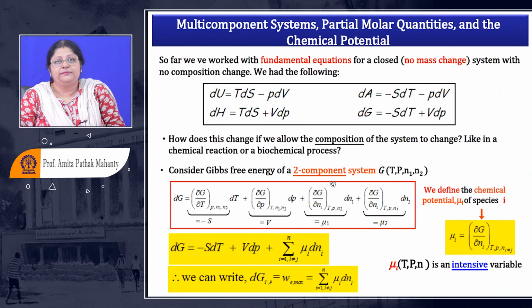If it's a two component system, then I have moles of 1 and moles of 2. Moles of 1 is constant, moles of 2 is also constant. So what is the first differential which you are going to get if you are having an equation like this? It is going to be minus S, which is nothing but the change of G with respect to temperature when pressure is constant, at the given values of the moles of the two components present in the system, suppose the water and salt.